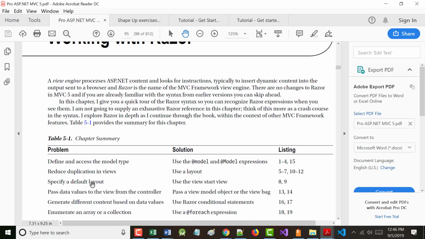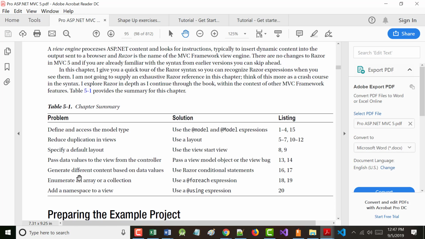Can you use it for other things? Yes, but it should be relatively minor things. In my humble opinion, some of the examples that the author gives in this chapter, I wouldn't write them that way. And I'm sure if we had Adam Freeman here, he'd smile at me and say, you know what, Jeff, when you write your own book, do it your own way. And he'd be right.